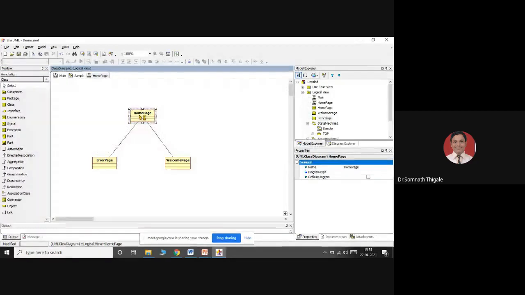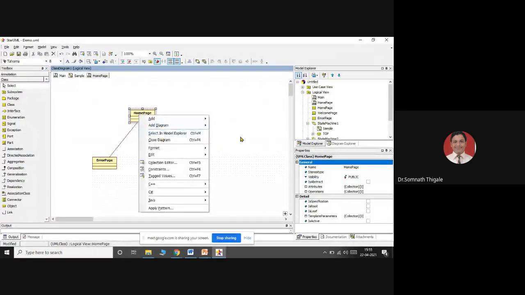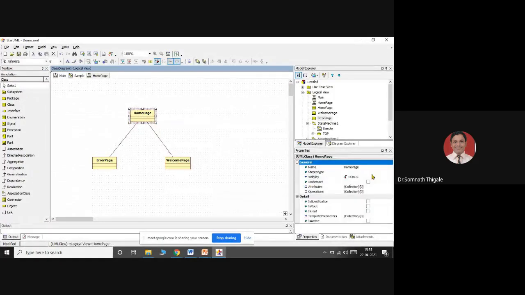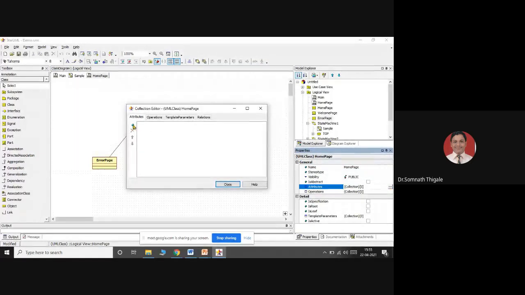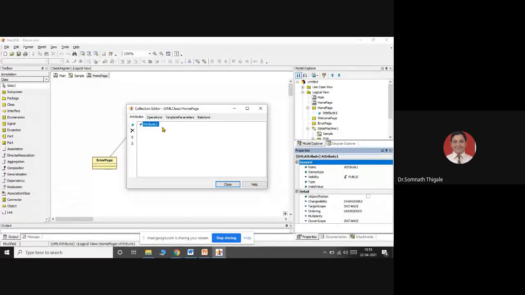Basic attributes that I can add over here: select this particular class, attributes. I'm adding attributes. As the first one, only the user ID part. Just for simplicity, I'll add UID.